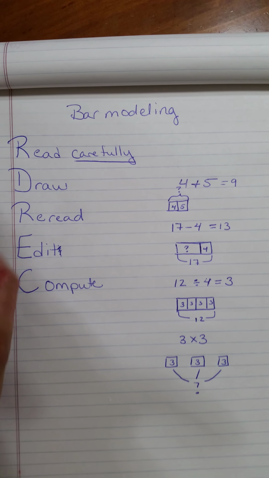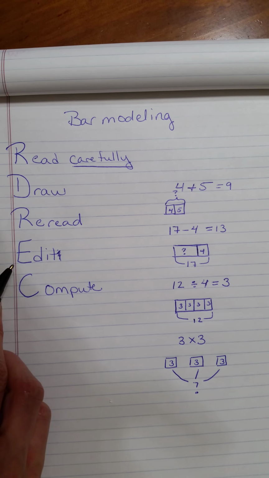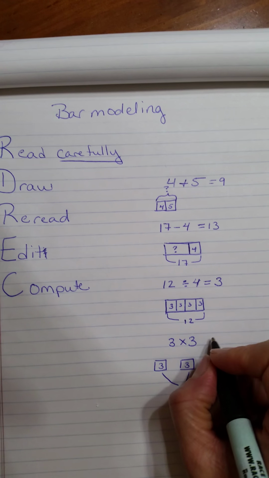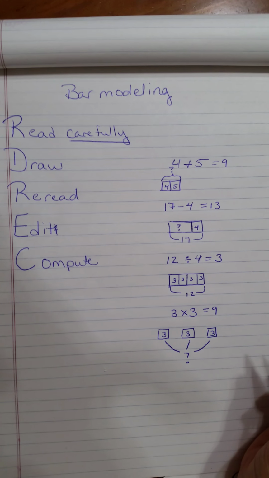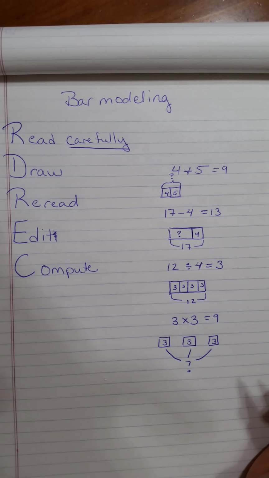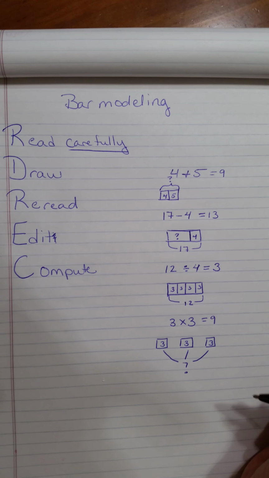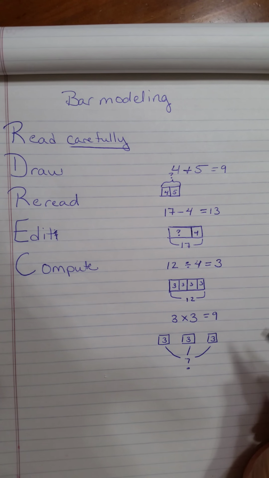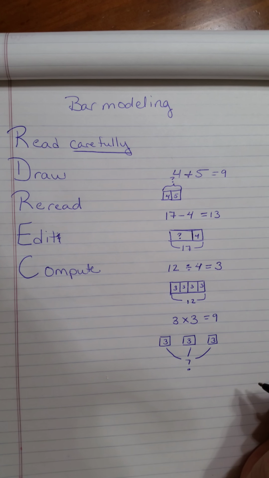So I've read my problem carefully, I've drawn my picture, I reread, no editing is necessary, and then I'm ready to compute. Now, obviously, these are basic examples that we can all do in our heads. However, we need to practice doing these to make sure that we're really good at bar modeling, so that when we have a trickier problem, we are more prepared